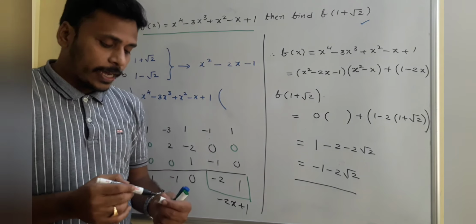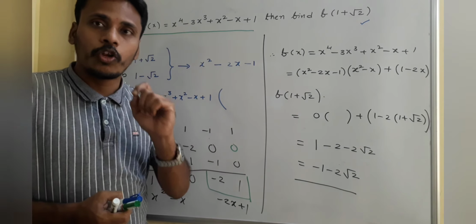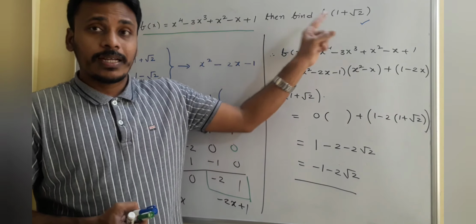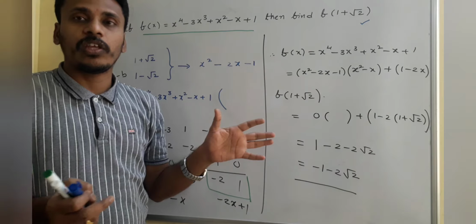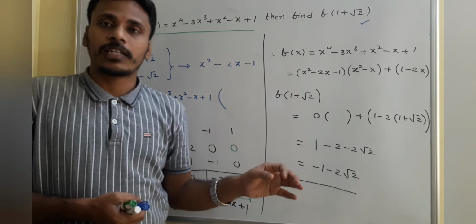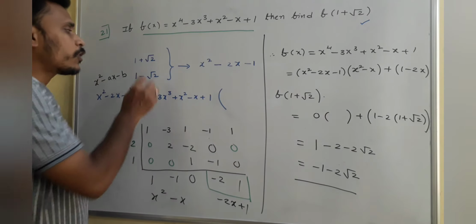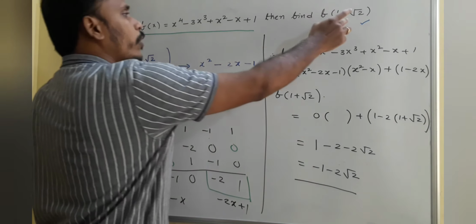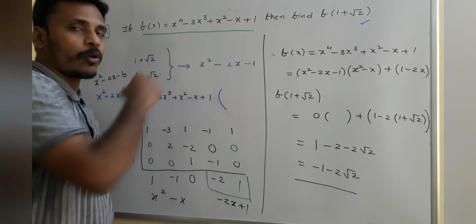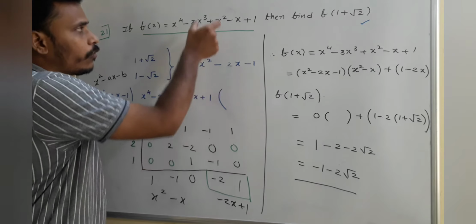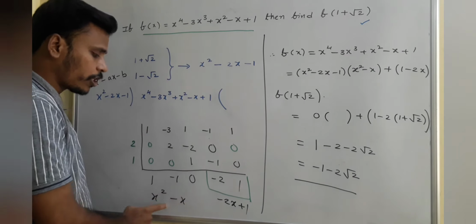Just have a look. Actually, this is the given polynomial and our task is to find the polynomial value at 1 plus root 2. Direct substitution of 1 plus root 2 in the place of x is a bit lengthy to calculate. So to avoid that complicated and risky task, what I do is, you just find the polynomial having 1 plus root 2 and 1 minus root 2 as roots, as zeros, and this is the polynomial. Now divide this polynomial with the given polynomial. So you will get a quotient and remainder.